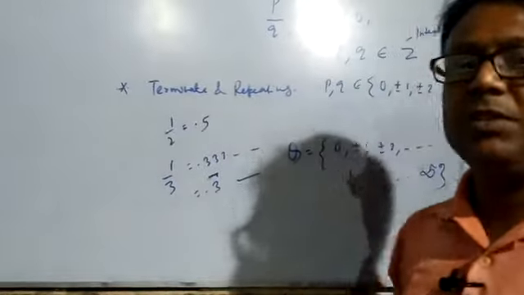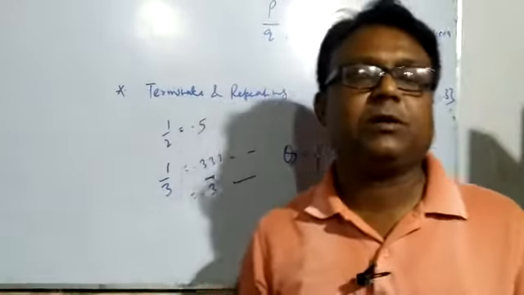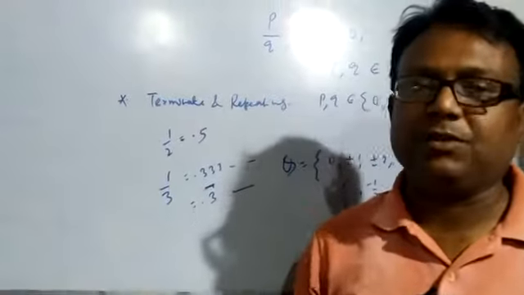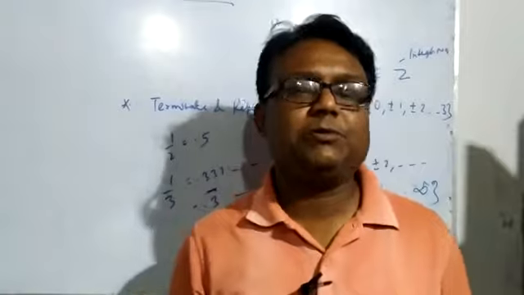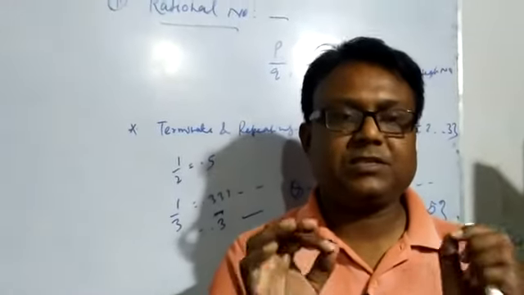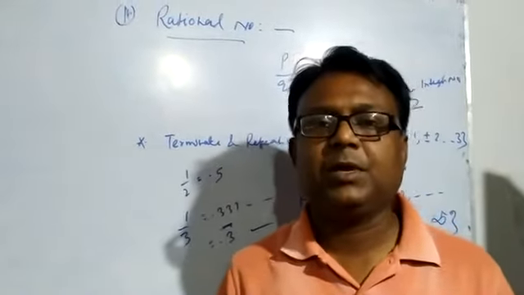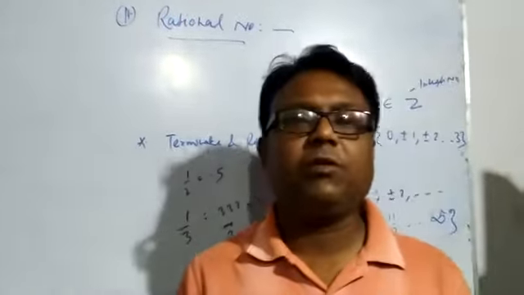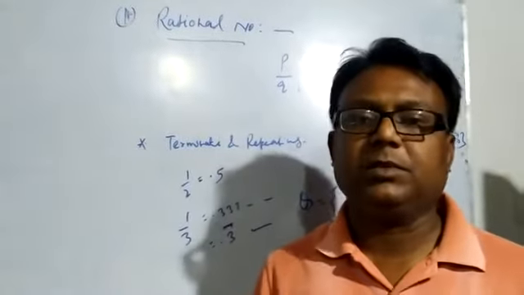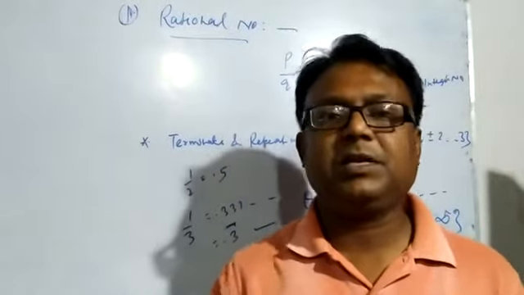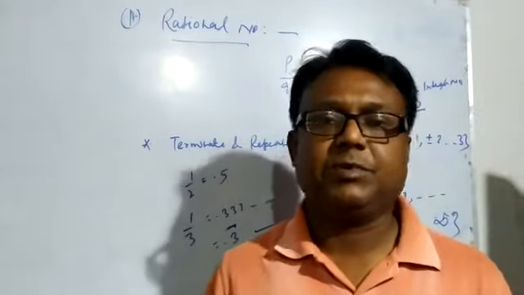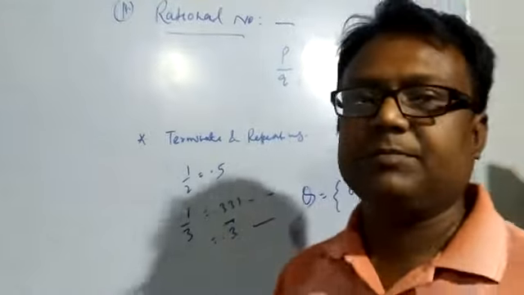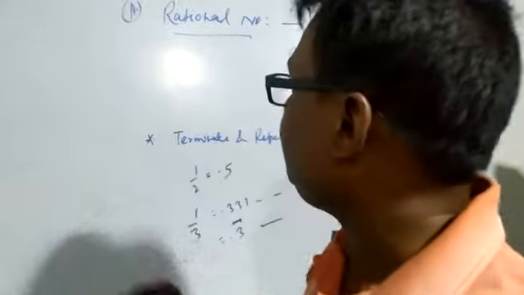And one thing I would like to say: most students always confuse the difference between rational numbers and fractions. Basically, fractional numbers and rational numbers are similar, but the difference is that a fraction number depends only on natural numbers, and a rational number depends on integers. It means every fraction number is a rational number, but a rational number is not necessarily a fraction number.